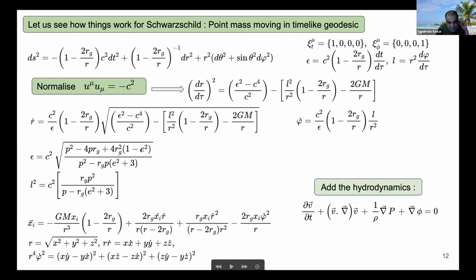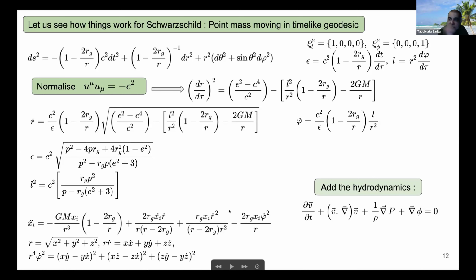And you can also, given an orbit where e is the eccentricity of the orbit and p is the semi-latus rectum, calculate the energy and the angular momentum like this. And then at the end of the day, because there is no spherical symmetry, you always have to work in Cartesian-like coordinates, which makes things even more complicated. But in any case, for the Schwarzschild case, you can work out things in these Cartesian-like coordinates. I finally wrote down the expressions over here, where xi double dot is like x, y, and z. Of course, this r appears and the r dot appears, so you have to again replace them back with x, y, z.